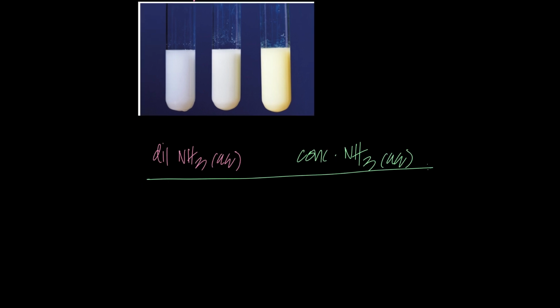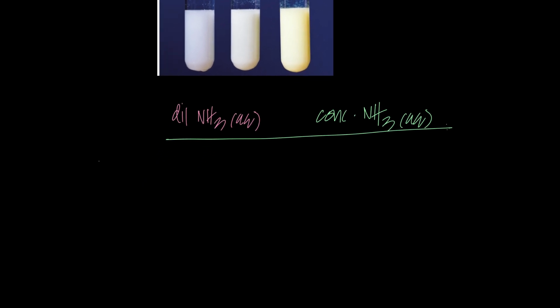it's pretty simple. We take them and we add dilute ammonia to it. In the first step, we add dilute ammonia and then we add concentrated ammonia. It's like a further test. Dilute ammonia and concentrated ammonia, right? Now what would happen is, if you talk about the chloride ion, aka the white precipitate,